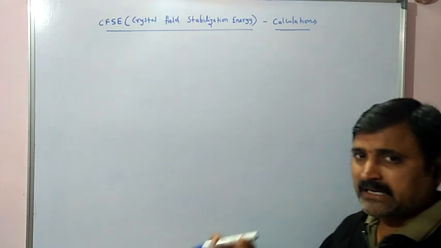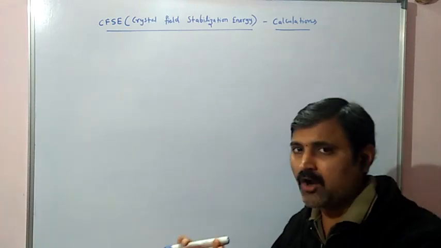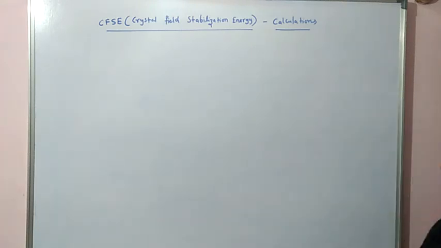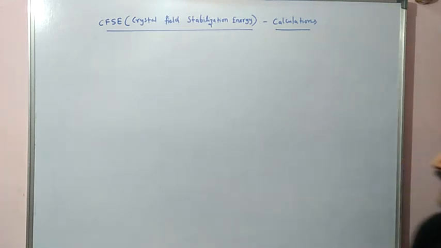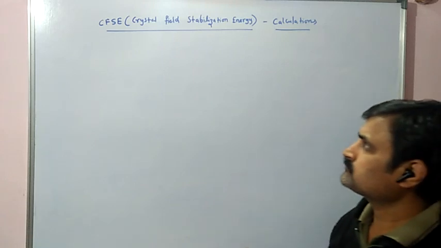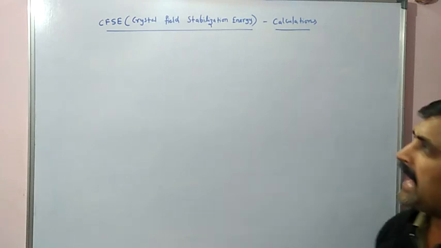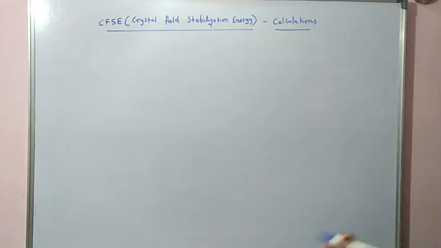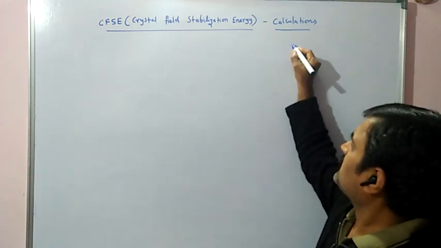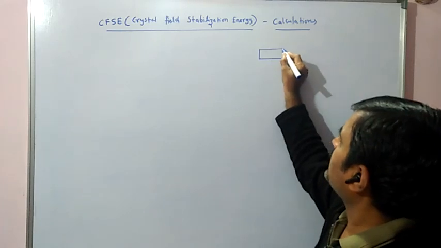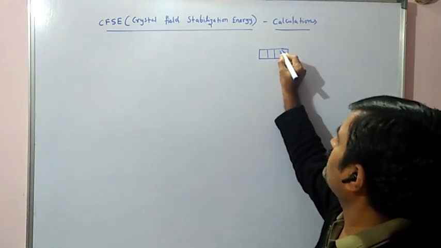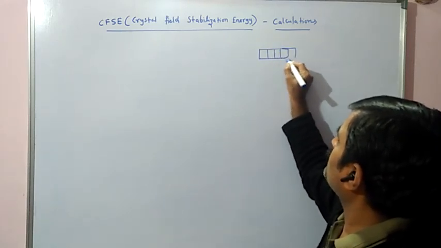The central metal ion's d orbitals undergo splitting, and that splitting is happening at the same time. After splitting, the five degenerate orbitals